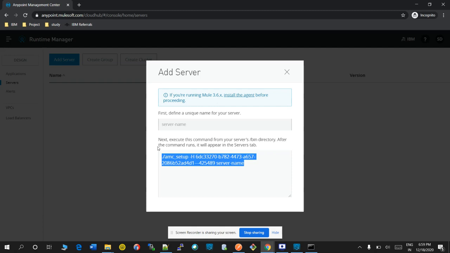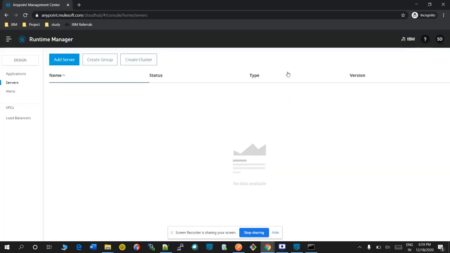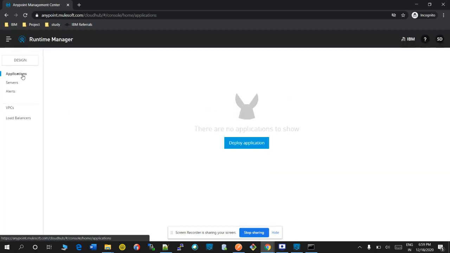If you execute this command inside this bin folder, the server will be created here. And also you can deploy that exported jar here as well.